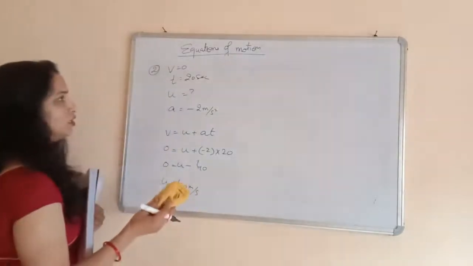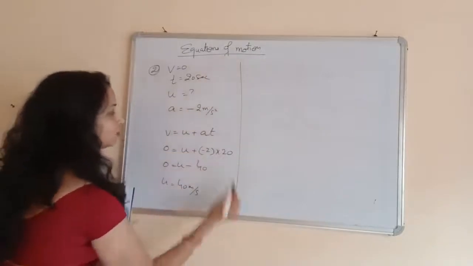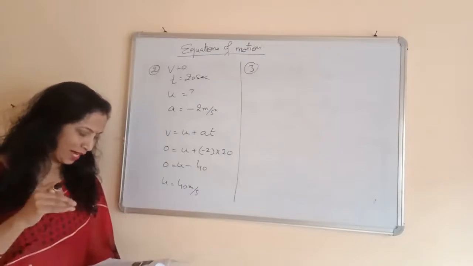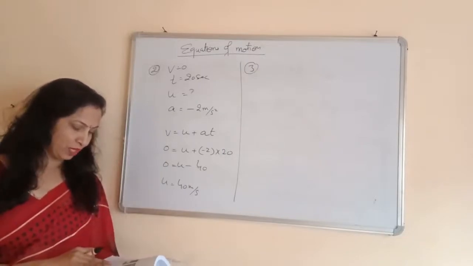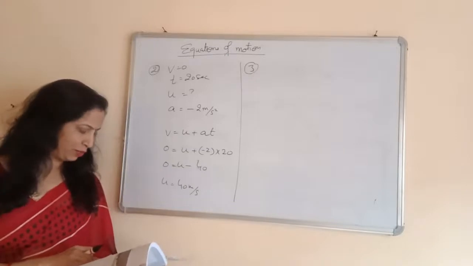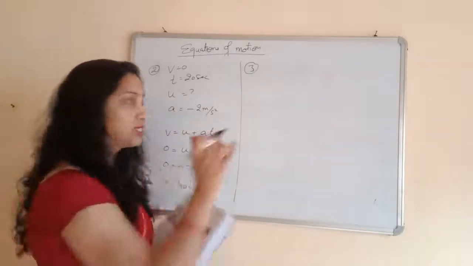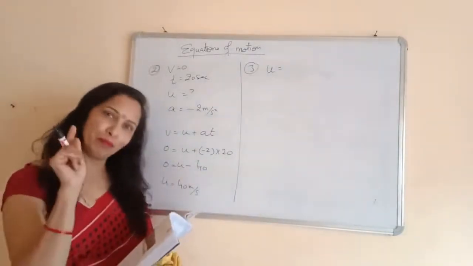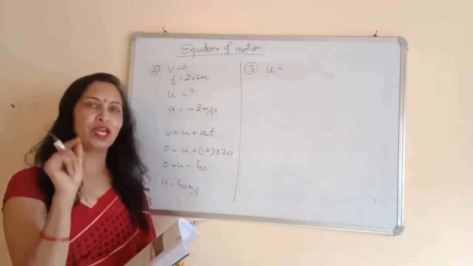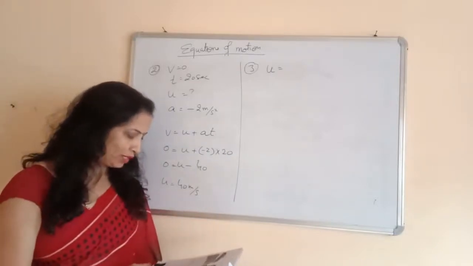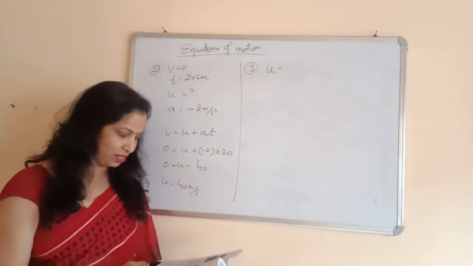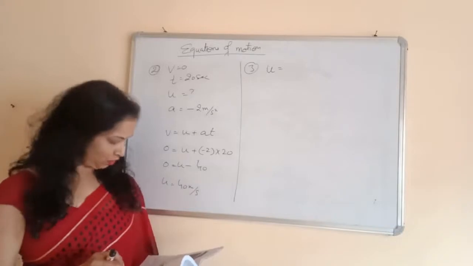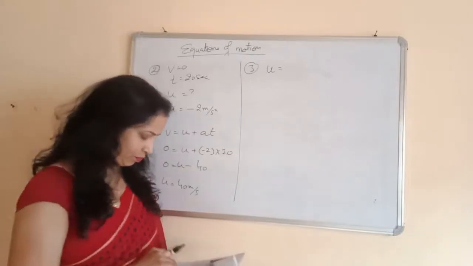The third question is, okay, I'm writing here. I have a place in a small board. A body starts to slide over a horizontal surface with the initial velocity of 0.5 meter per second. So what is this? This is the initial velocity. Again you can write the question with me by pausing the video. The question is, a body starts to slide over a horizontal surface with an initial velocity of 0.5 meter per second. So this is the initial velocity of the slide, 0.5.